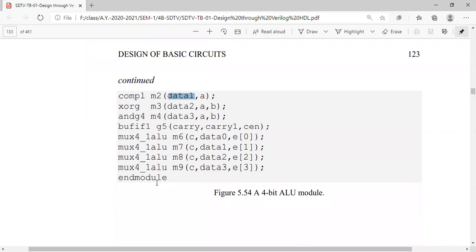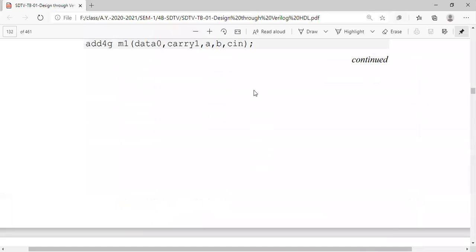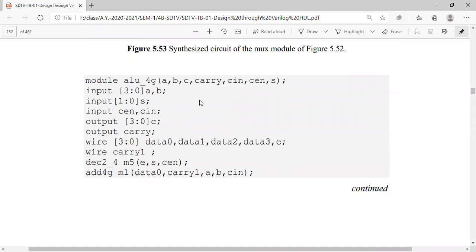So here, see, we are using a conditional tri-state buffer. If chip enable is 1, the carry 1 we are having will be stored in the carry signal. See what we have written in this gate: we have used a temporary signal carry 1, and the temporary signal carry 1 has to go to the final output carry.